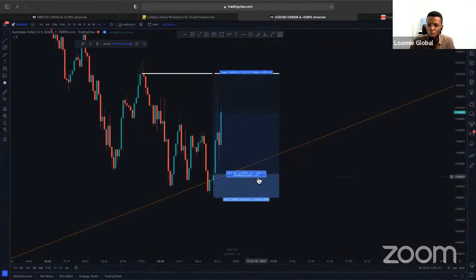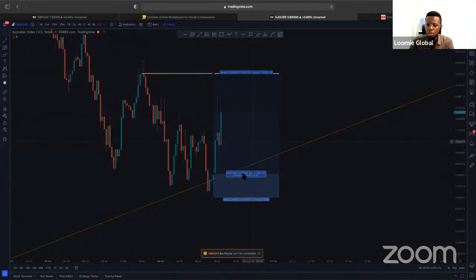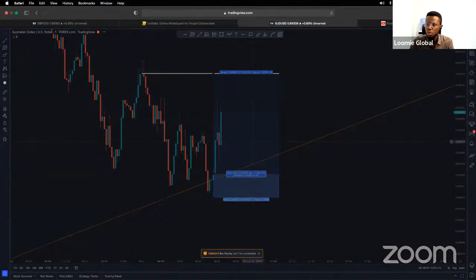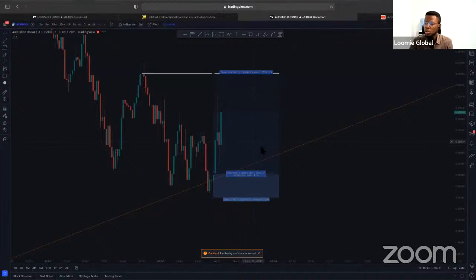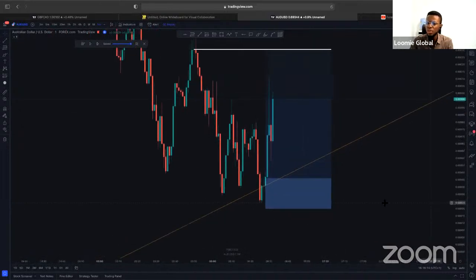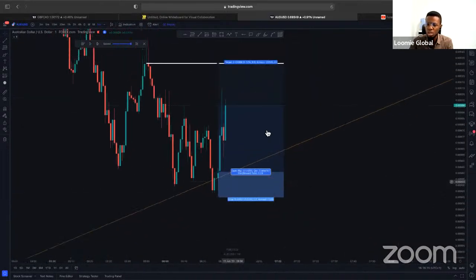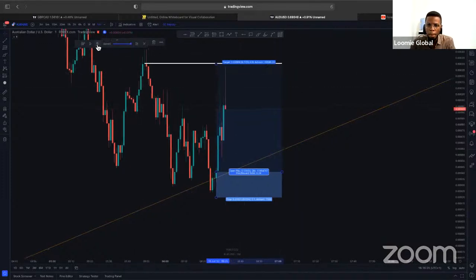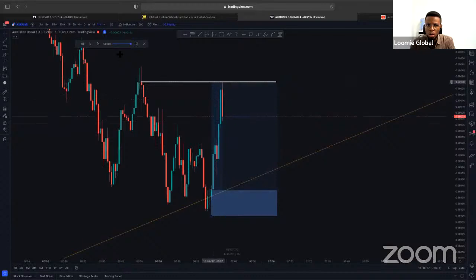And look at this, this is already a 1 to 4. Meaning, if I'm trading the smaller time frames, I will not be expecting to be risking high amounts of money. I can't tell you if I risk $100, I'll make $400, because if I was on a 1-minute time frame, I would not be risking $100. I'll be risking maybe less. So let's even assume that I risk $20 on this trade. It means I'm going to be making over $80 on this trade as well, right? So let us see. I think price went up, look at that, straight up into our TP.